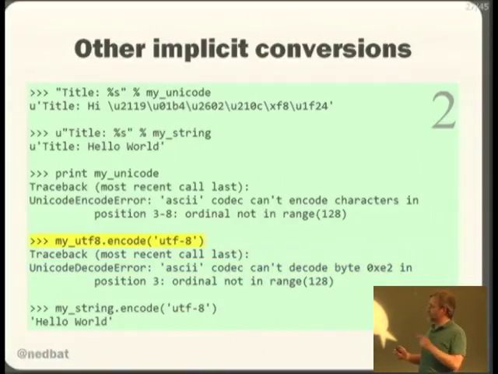And the reason it's doing that is that encode is an operation on Unicode strings, and I gave it a byte string. And it said, well, I know how to make that byte string into a Unicode string. I'll just decode it as ASCII first to get the Unicode string so that I can do the encoding that he's asking me for. And it's that implicit decoding of the UTF-8 via ASCII that you're getting the error there.